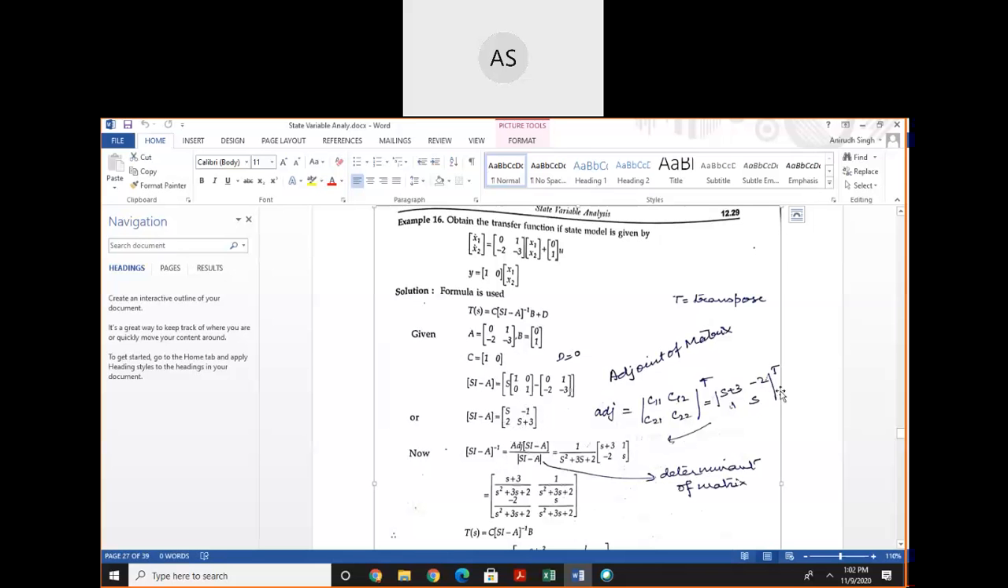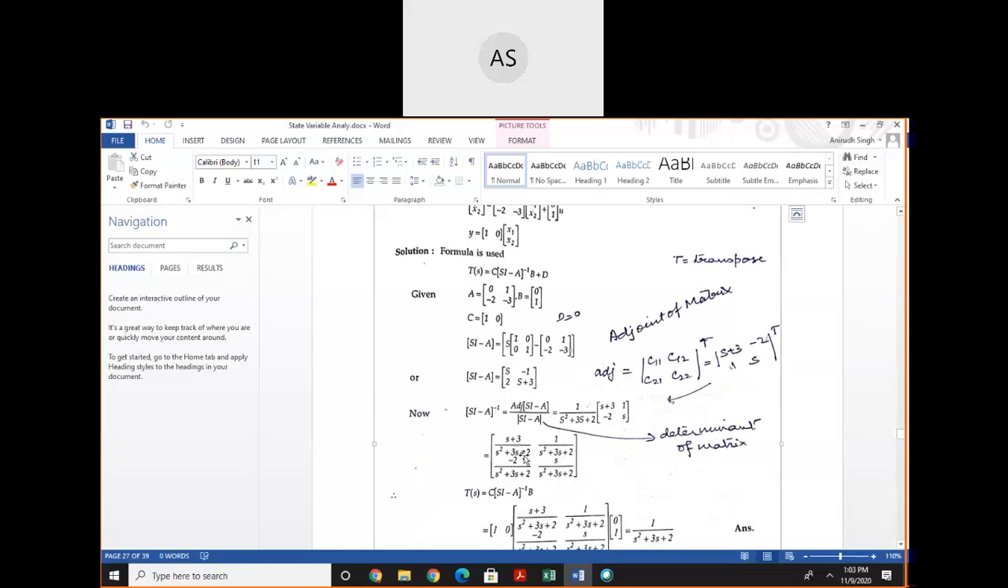C12, first row second column, means minus 2. C21, second row first column, is 1, and second row second column means S. Then take the transpose of this matrix. The transpose of this matrix is given by S plus 3, 1 minus 2S, and